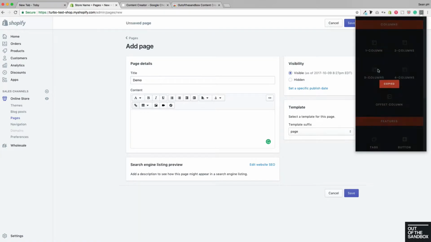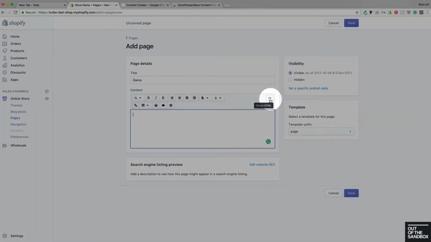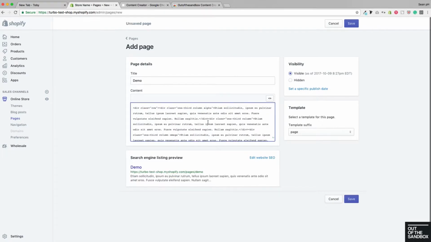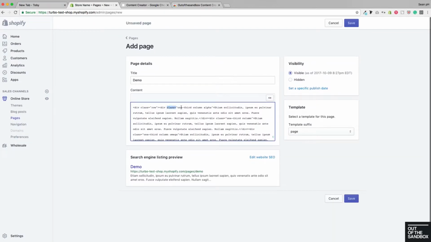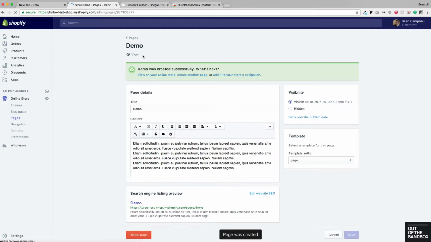Let's see what 3 columns does. So I clicked 3 columns and it says copied. That means that that code is copied to my clipboard. So now I can head over here and trigger the HTML editor of the content field with this button, and then simply paste in that code so that I don't need to type in any of the column classes necessary to create this layout. So I can go ahead and save it and see the results right away, since the